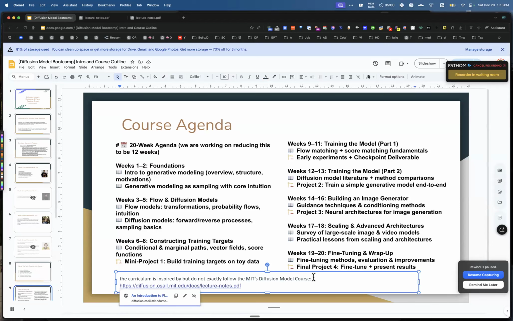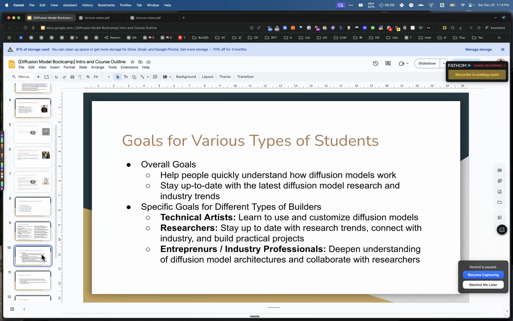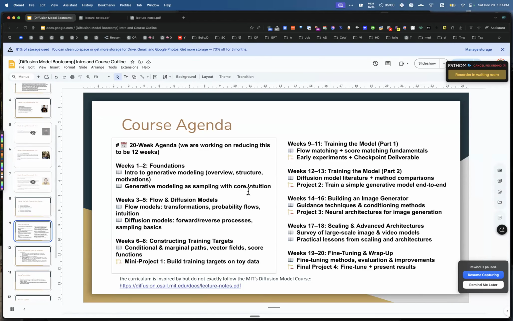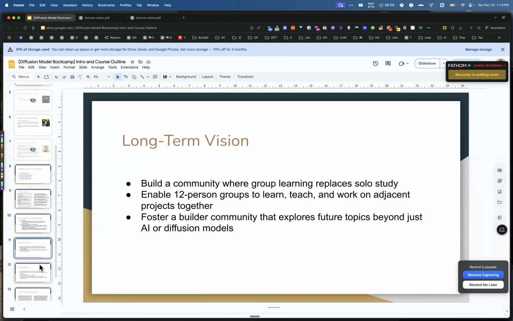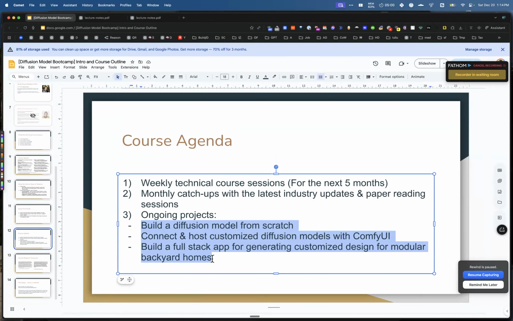a 3 months kind of structured commitment for us. So that will be paid, and this would be the general format. We will be building a few diffusion model projects, from building your own diffusion model to building a full stack app that connects with the fine-tuned diffusion model with ComfyUI with a real client project, and then potentially your